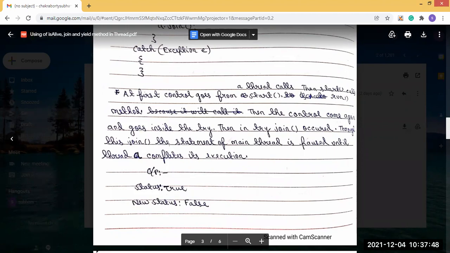Okay, so this is the isAlive and join method. Today there is not so much time, so I'm not able to discuss another method, that is the yield method. So the yield method we will